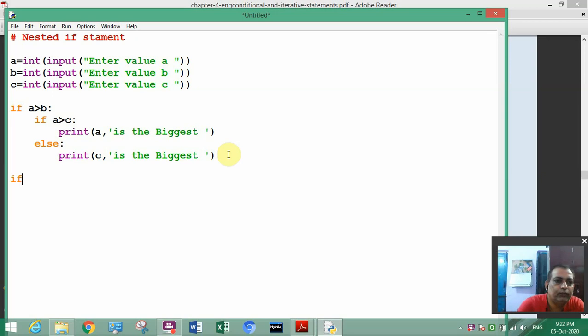if B is greater than A and if B is greater than C, then print B is the greatest or biggest number.